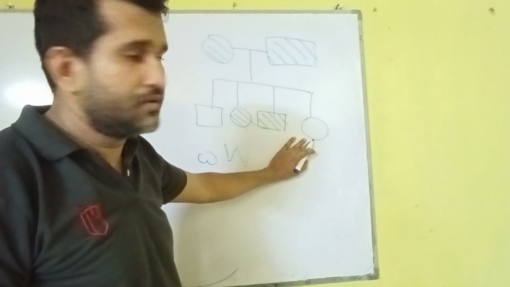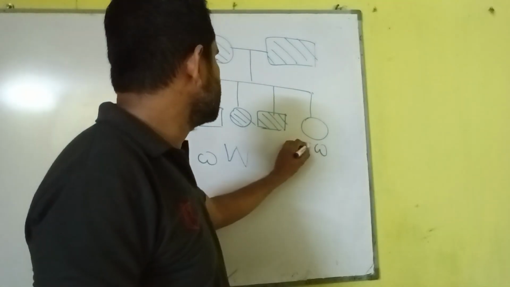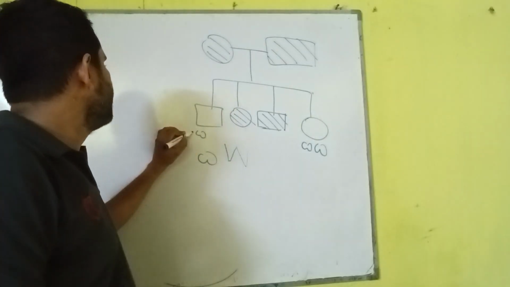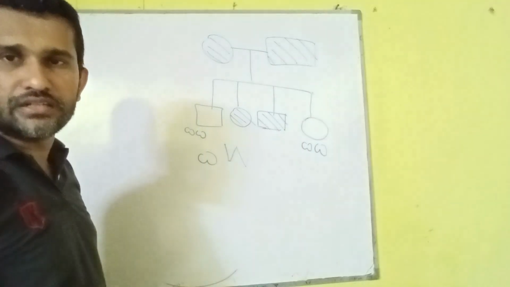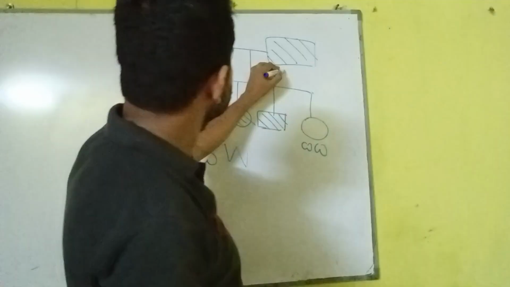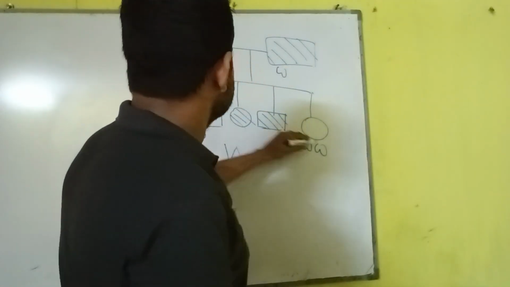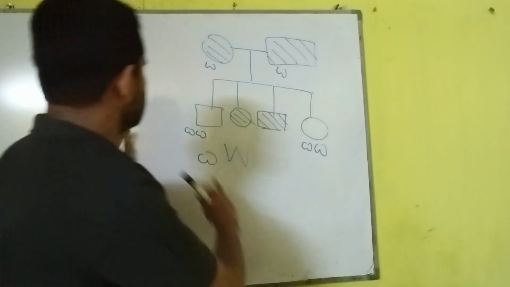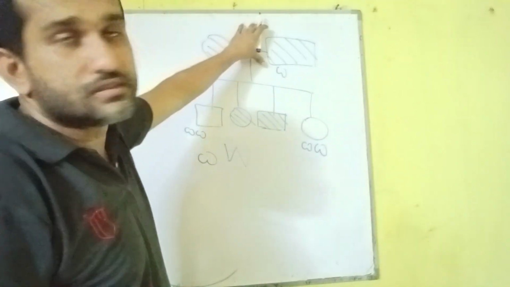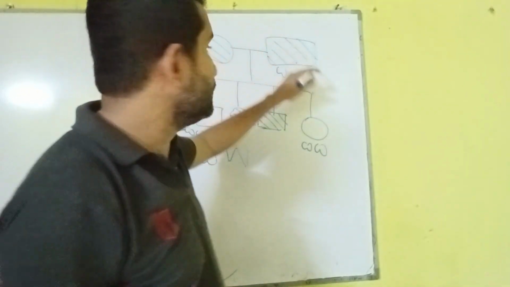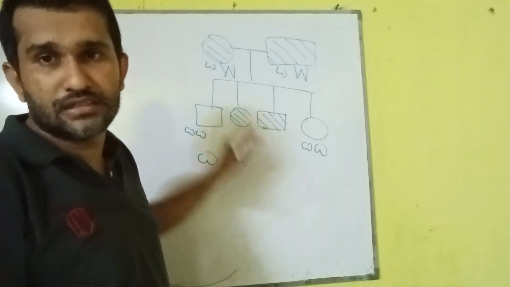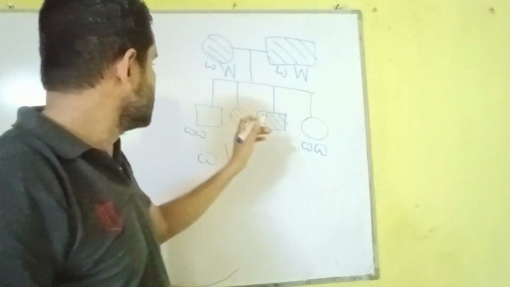The unaffected female is homozygous recessive, simple w, and the unaffected male is again homozygous recessive, simple w. So one of the recessive alleles comes from the father and one from the mother, in each case. Since it is dominantly inherited, the affected parents need to have at least one dominant allele. So these are the genotypes of the parents, and in the offspring,